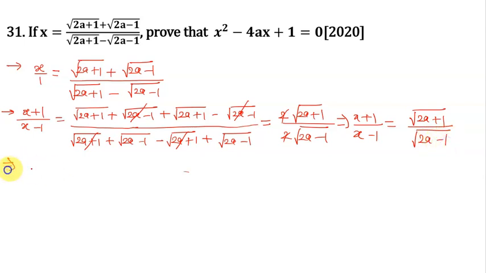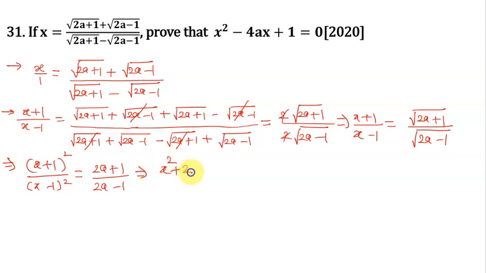Next, squaring on both sides, then you will have (x+1)² upon (x-1)² is equal to (2a+1)/(2a-1), and it implies that x²